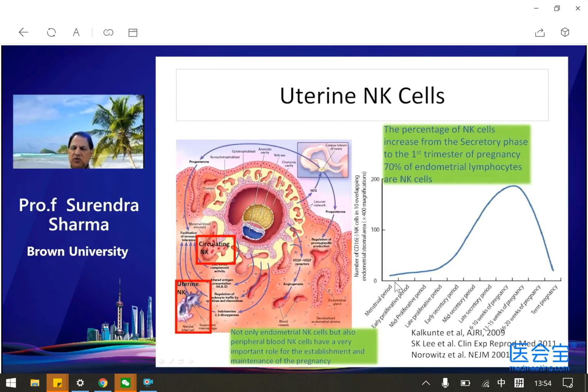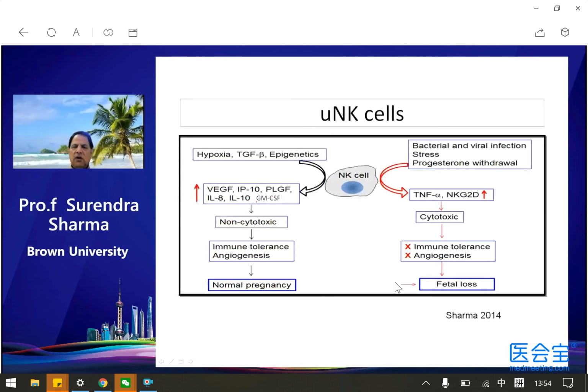So we wrote an article a few years back suggesting that in normal pregnancy, conditions like hypoxia or factors like TGF-beta or even epigenetic mechanisms can convert these cells into regulatory NK cells, and they produce factors like VEGF, PLGF, interferon gamma inducible protein IP10, IL-8, IL-10, GM-CSF, and some of these factors support angiogenesis,